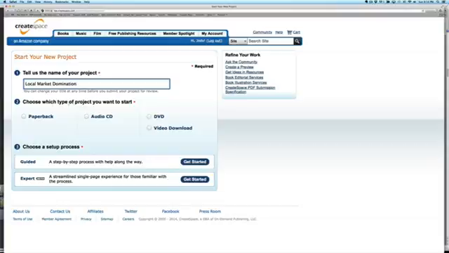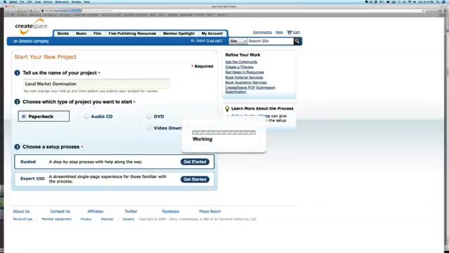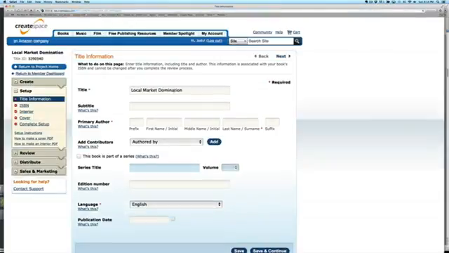And type project, it's a paperback, and choose Setup Process, Guided or Expert. I'm just going to go ahead, streamline single page experience for those familiar. We're going to go step by step with some help along the way. So click Get Started. It's local market domination, and I'm just going to say the 7